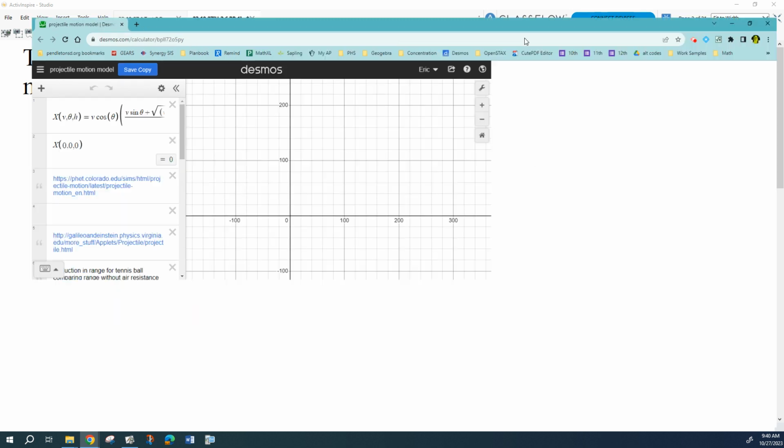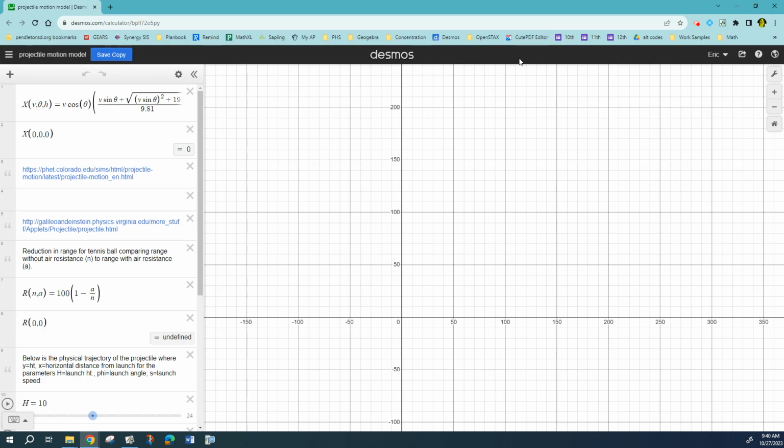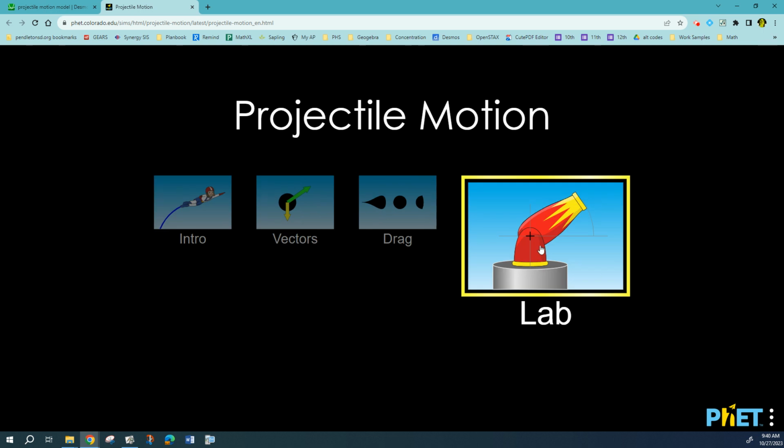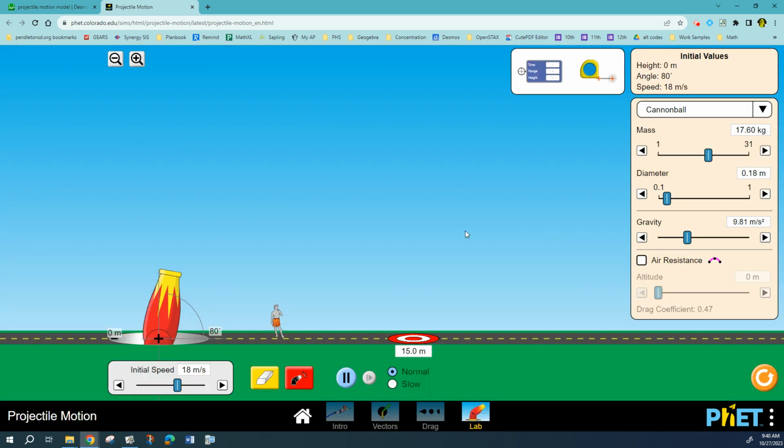Okay, I built some stuff here just for you guys to mess around with a little bit. I could make these available if you want to play with these later. We're going to look at some projectile motion stuff. I didn't build this. I like these physics simulations. They're pretty cool. Okay, so what we've got here is we've just got a cannon, and we're going to try